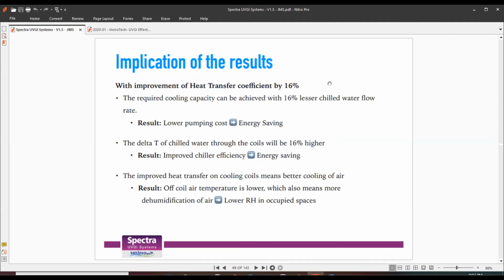So this is the summary of the results during the study. An increase of heat transfer coefficient by 16%. So there were lower pumping costs, which also turns into energy savings. Improved chiller efficiency also translates to energy savings. And of course,